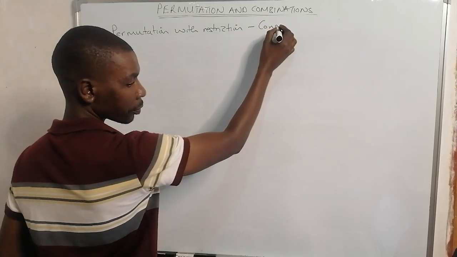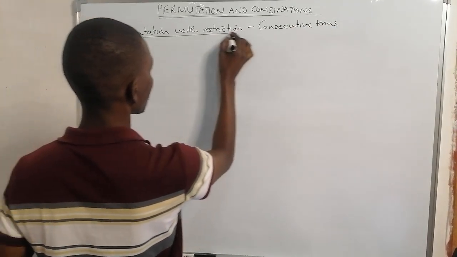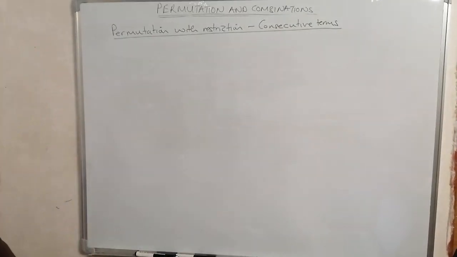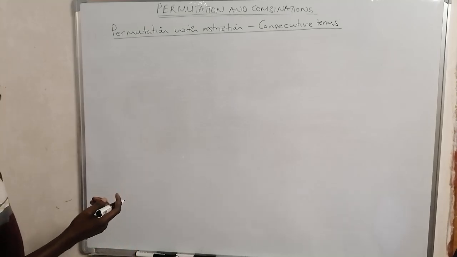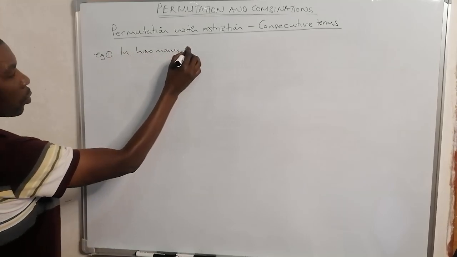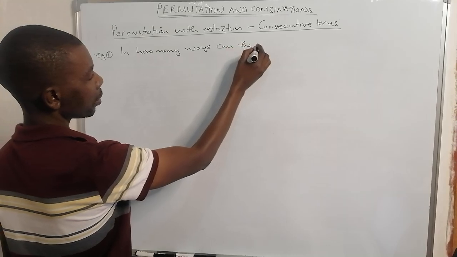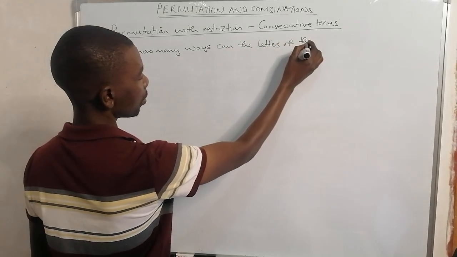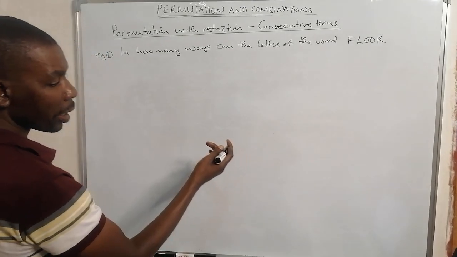Let's take, for example, in how many ways can the letters of the word flow be arranged